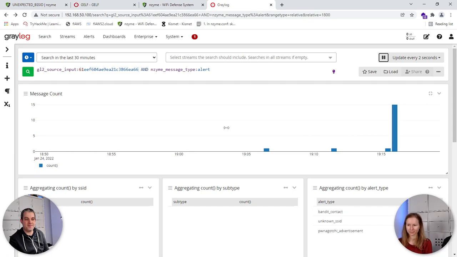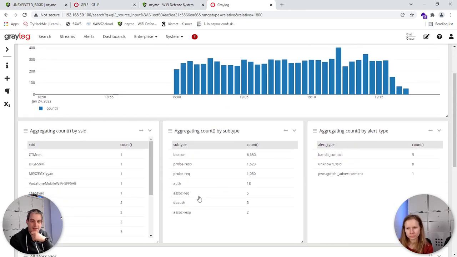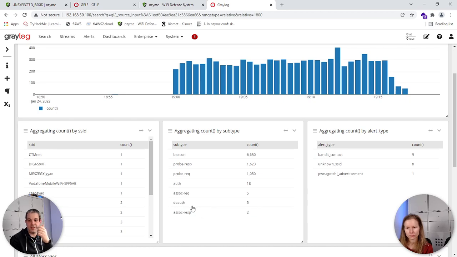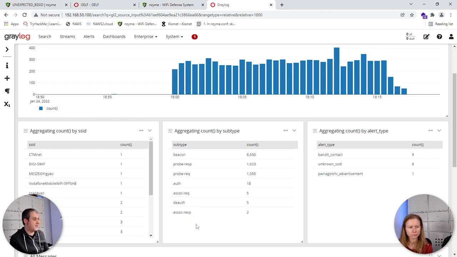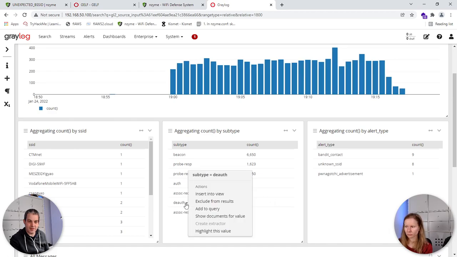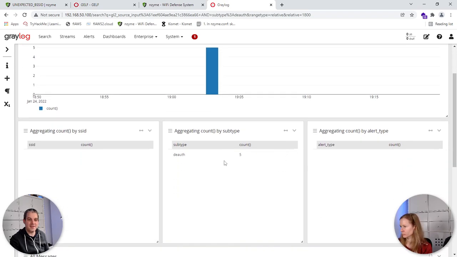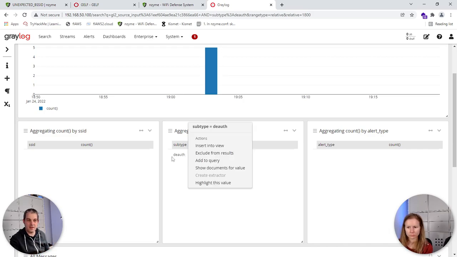And then yeah, this looks pretty cool. Oh, I need to remove this part here. Now this looks more interesting, but you can filter on the alert. We have here the different frame types. So we saw here the auth. Those are all tied to the attack that we run, I think. This was pretty interesting to see. I wonder if I filter, can I filter like this? Add to query. Yeah, it's not tied to the attack, so I think the alerts and the types are